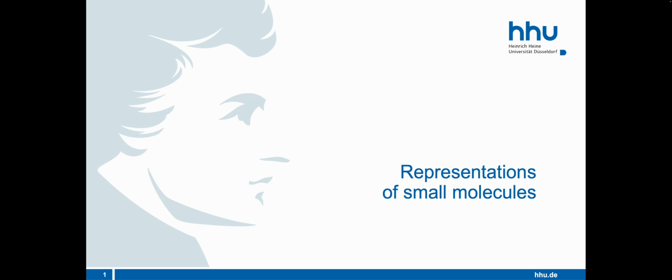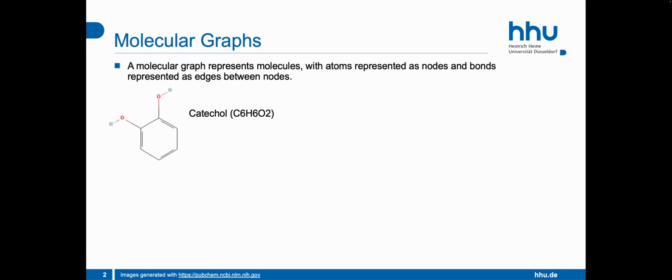We have seen in the previous video how atoms can bond to each other to form small molecules. In this video, we are going to address how we can effectively represent the structure of small molecules. One way to represent molecules is visually using a graph structure. In such a graph structure, the atoms of a small molecule are represented as nodes and the covalent bonds between atoms as edges. Such molecular graphs simplify complex molecular structures into a visual format that can be easily analyzed and